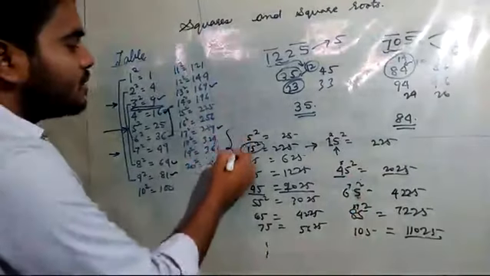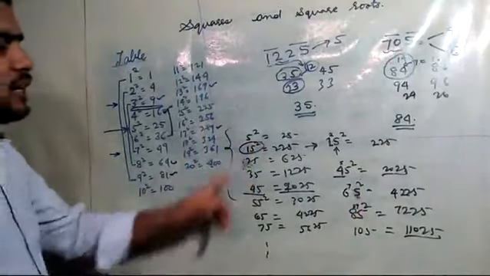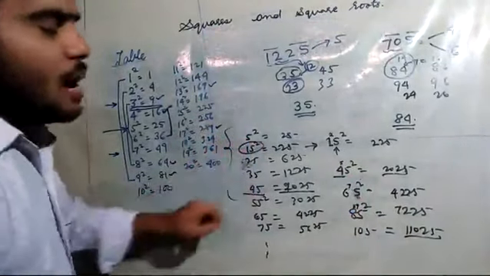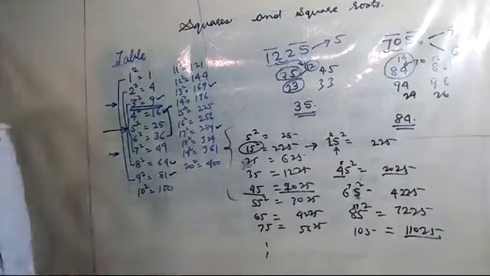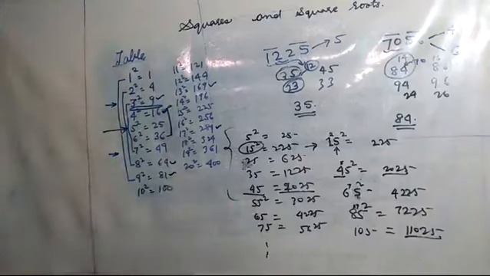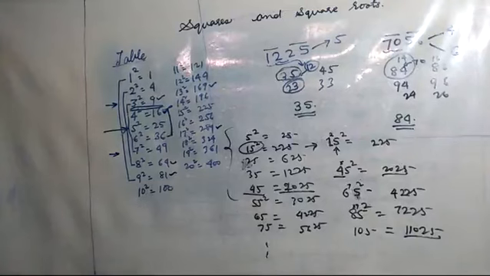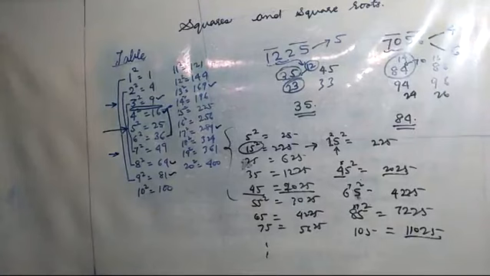In this way we can easily find the squares of any number having unit place 5, but it is not applicable for all other numbers. So do remember, it is not applicable for other numbers except 5. You will square the unit place digit, and then the remaining digits you will multiply with the consecutive next number, the next natural number. Obviously it is a natural number.